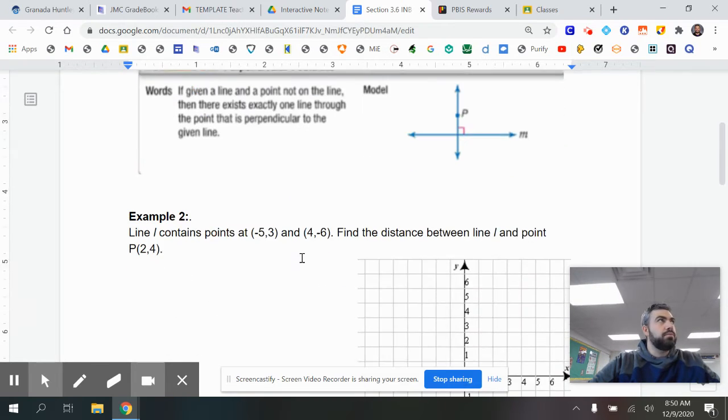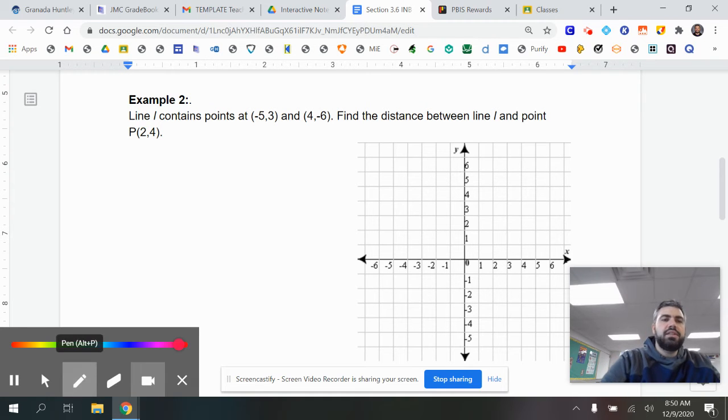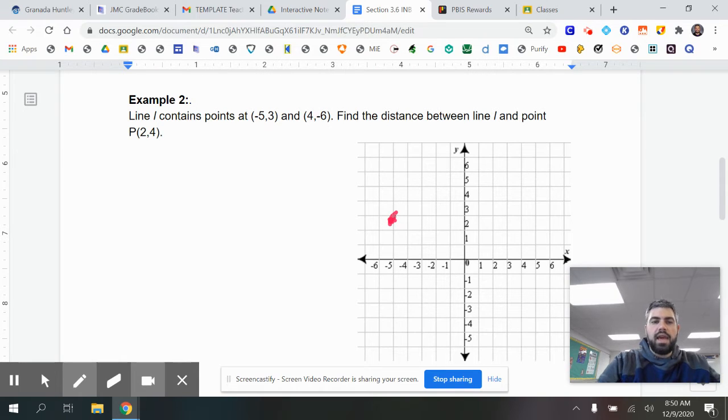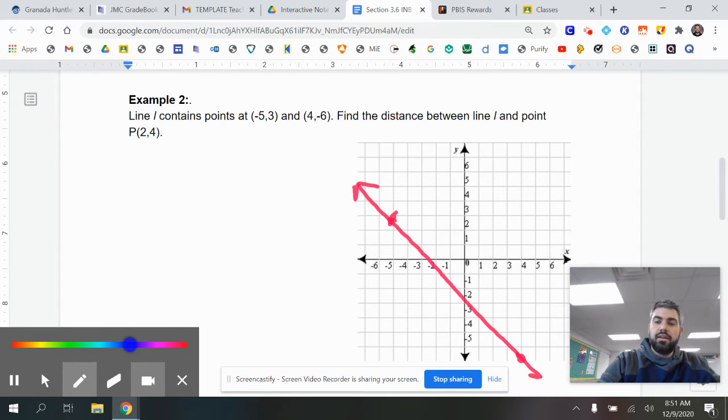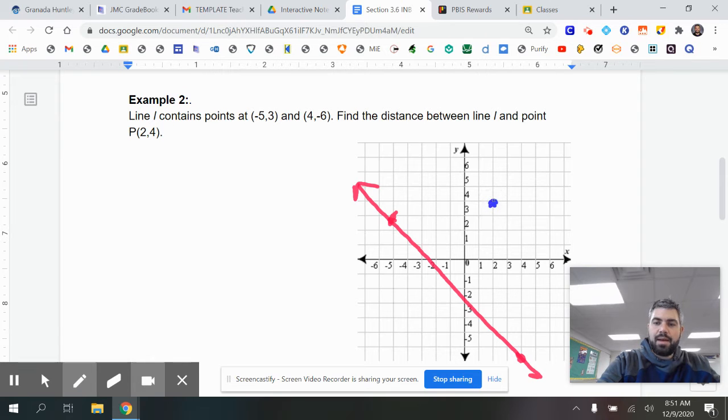Now, let's look at a couple examples. The first one says, let's consider a line L that contains the points (-5, 3) and (4, -6). Find the distance between line L and some point P, which is (2, 4). Well, I'm going to start by graphing my line. So (-5, 3) is right there, and (4, -6) is going to be right there. And we can make a line right between those points. Okay, that's a pretty good line. Then we're asked to find the distance from that point right there, (2, 4),